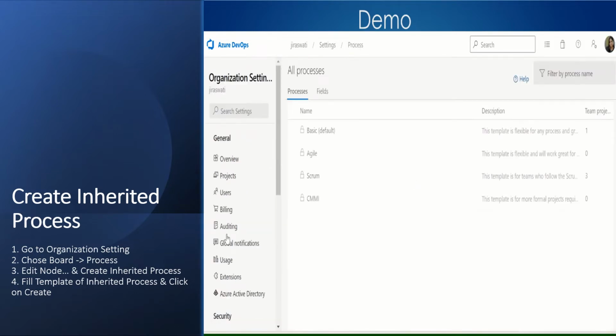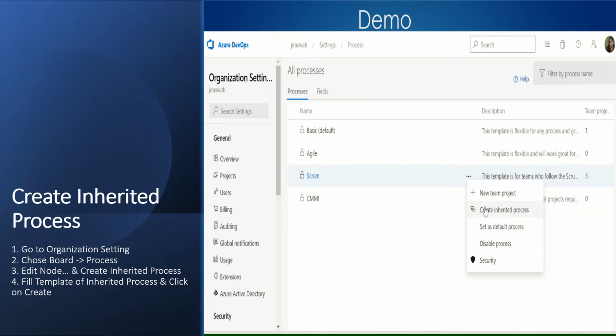When we click here, we will get an option with all these processes, and we are on a Scrum template, where we are working. So once we create this inherited process, we need to click on the three dots and select create inherited process.